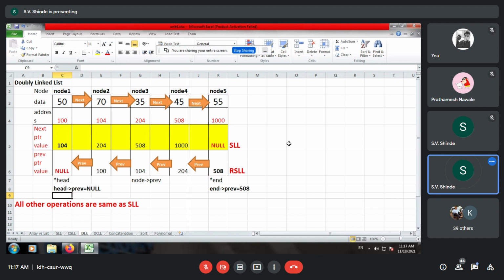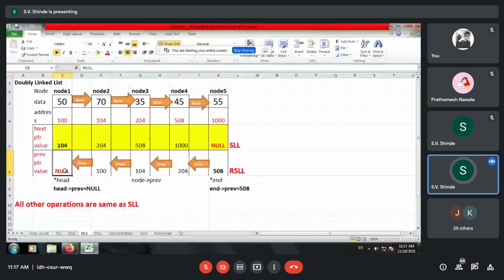One is at the terminating point and another is with the head node. So head arrow previous is null and end arrow next is null. So can we utilize it as far as a circular linked list is concerned? So the answer is yes. How to do it is the doubly circular linked list.